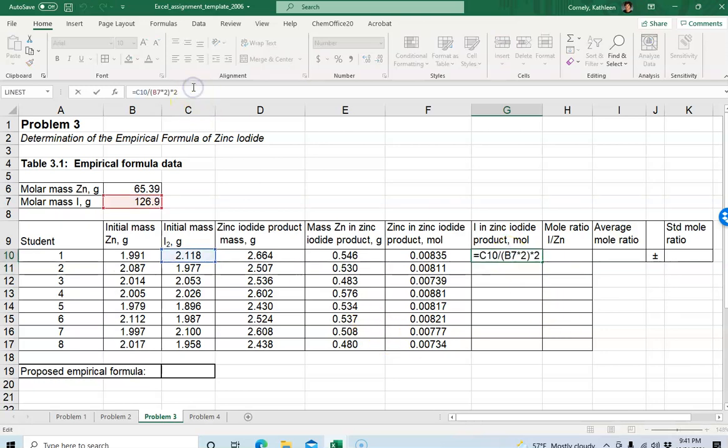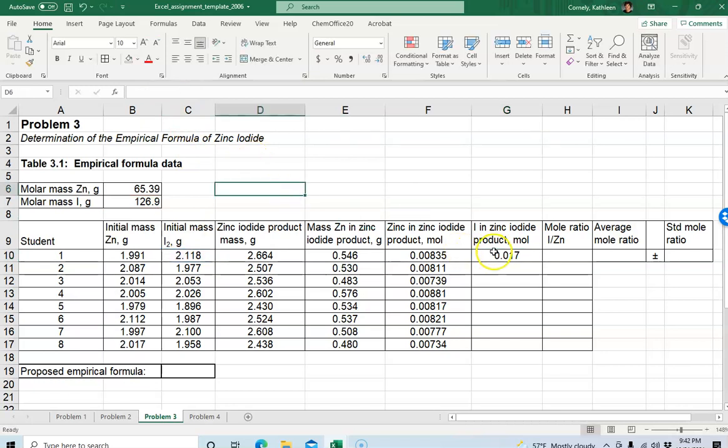So I've taken my mass of iodine and I've divided it by the molar mass of iodine, which is going to be 2 times 126.9, and then I note that for every 1 mole of I2, I get 2 moles of I. So this is my correct formula right here. All right, so